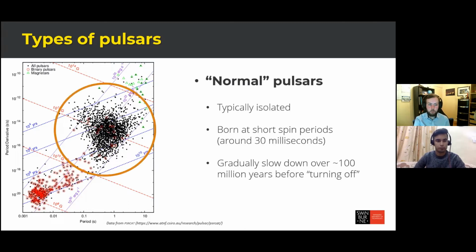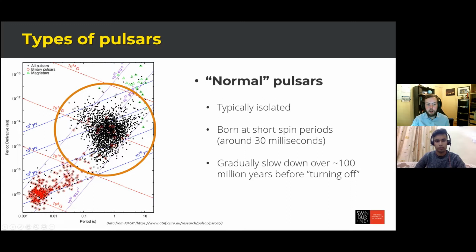The first one is the big cluster in the middle of the diagram. These are called the quote-unquote normal pulsars, or the canonical pulsars. Now, these pulsars are typically found by themselves. They're isolated. They don't have any kind of binary companion. As I mentioned before, they're born towards the top left of the distribution at short spin periods of 30 milliseconds or so. And then over the course of a few 100 million years, they will gradually slow down, moving